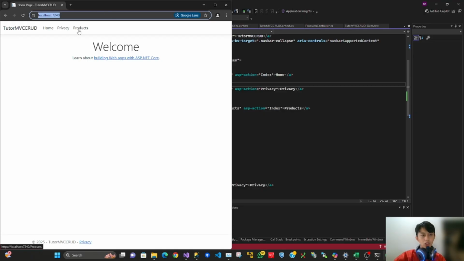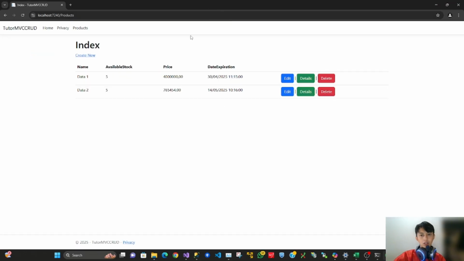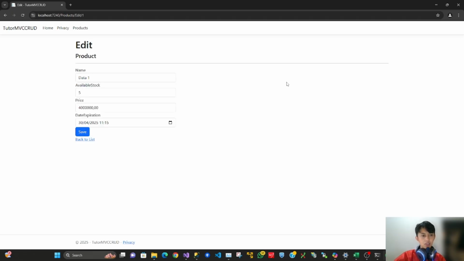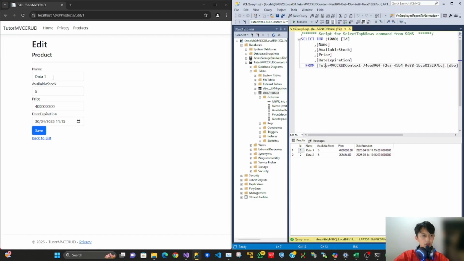Here we have the Products menu. Click it. And now the buttons are changed already, with a more beautiful look. I want to edit it. Edited.